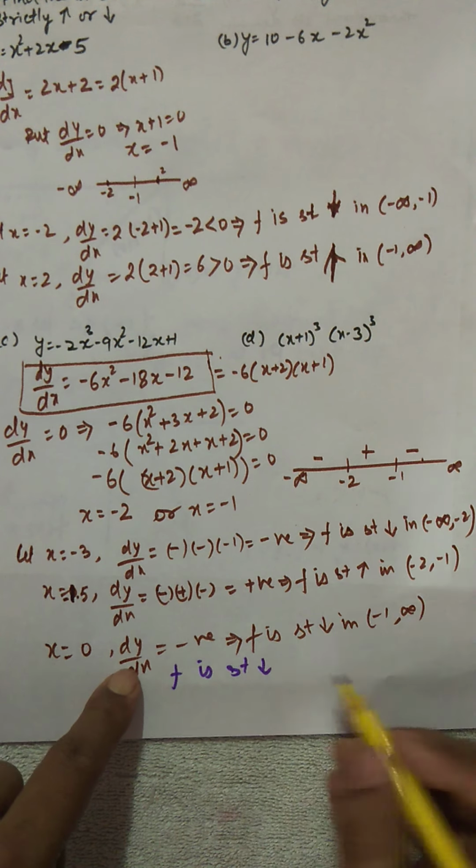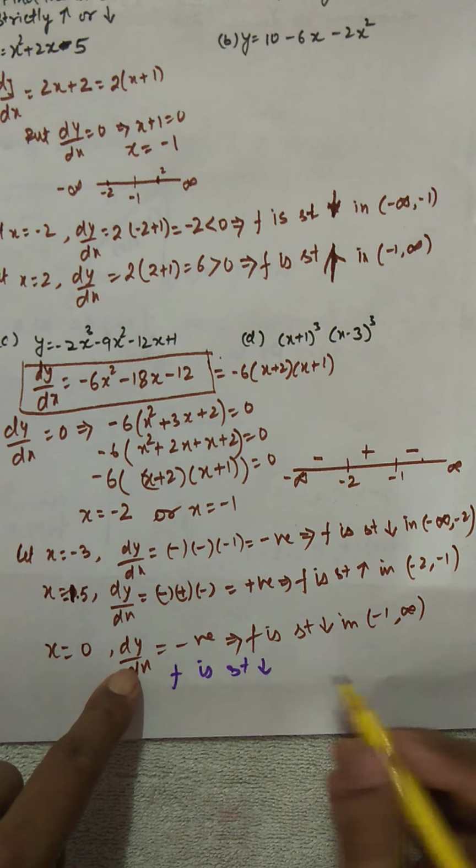Now after finding this dy by dx in factors form, you can see this numerator is always positive because this is a square, and this term in the denominator is always positive because it is a square. So the sign of dy by dx will be decided by this factor only, 1 plus x. So we'll draw the number line. This is our number line. You can see the domain is from -1 to infinity.